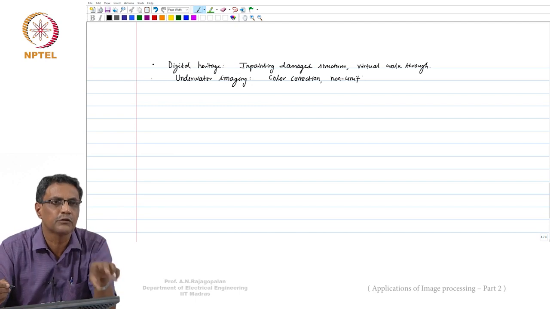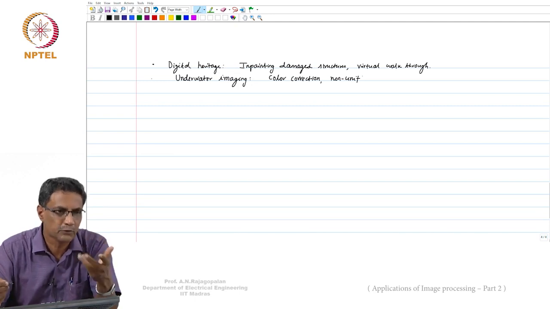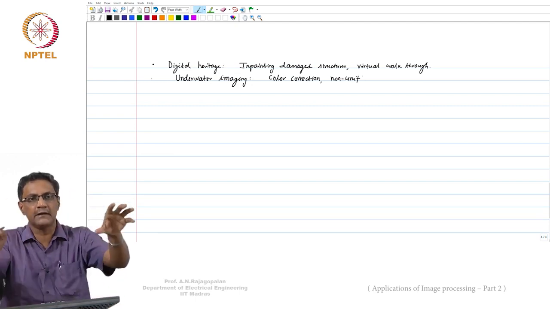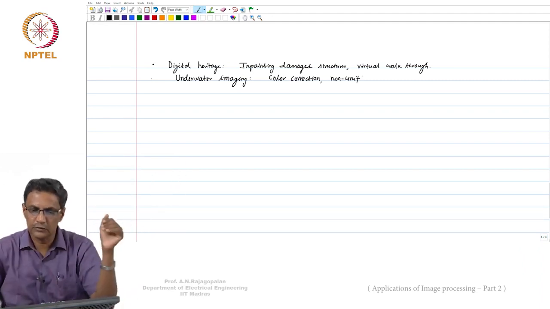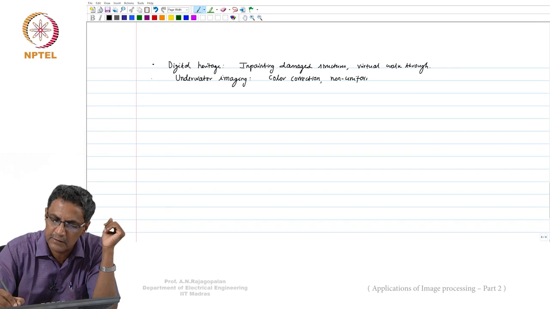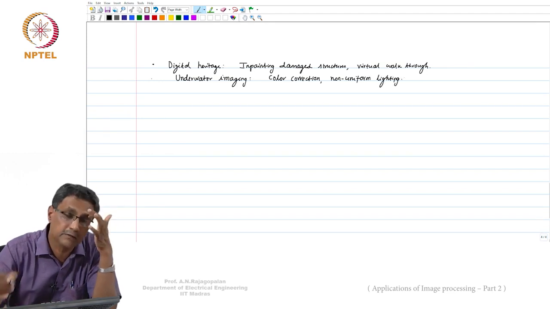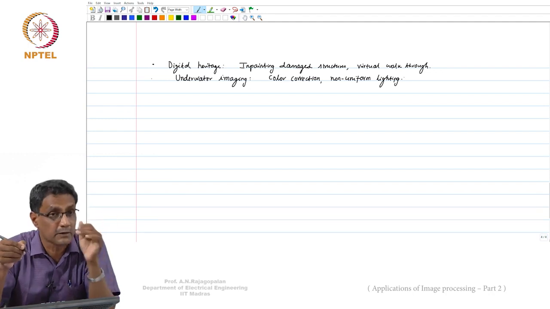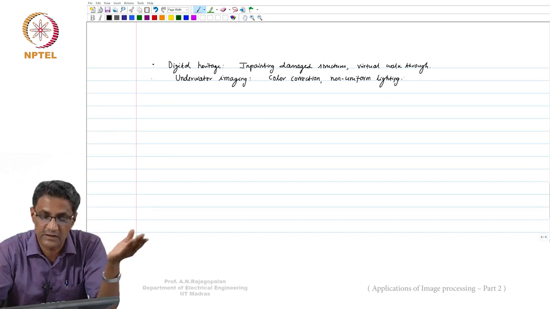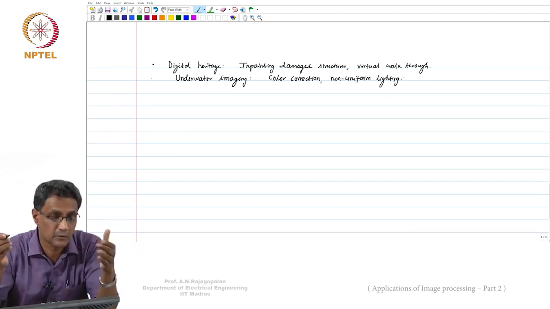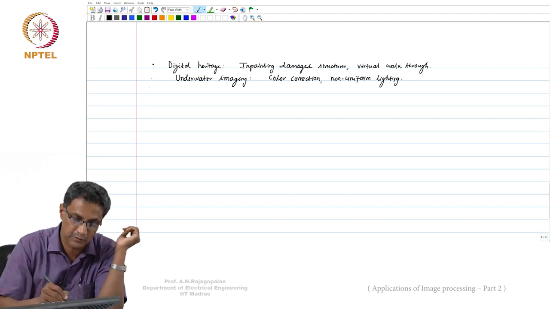So beyond that, you have to use your own source. When you use your own source, it will highlight whatever is in the front, and something that is away will start to look dim. This non-uniform lighting is something people have been working on. It's not relevant only for underwater; it is also important for indoor scenes and so on. But in underwater imaging, people are always facing issues with non-uniform lighting.